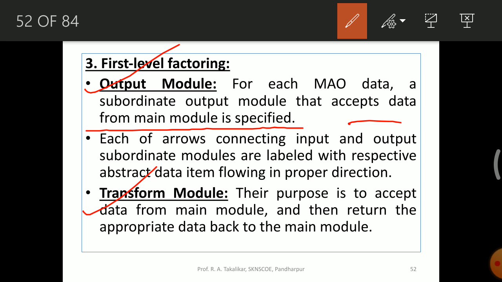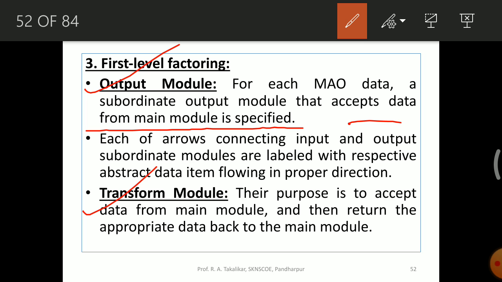And what does it do? These output modules accept the data from main module. So main module generates the output and it will be received by output module. The arrows connecting input and output subordinate modules are labeled with respective abstract data. You will see in the further slides, which show the flow in the proper direction.